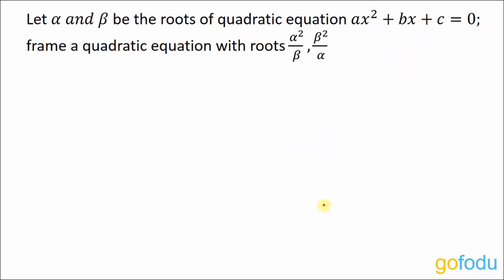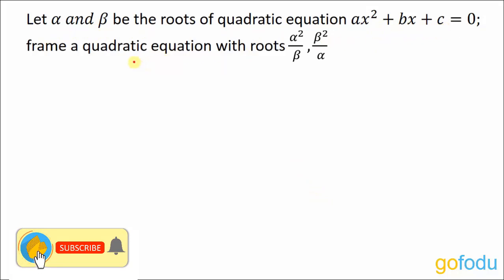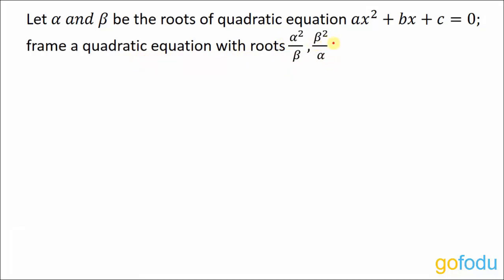Next and last question. So alpha and beta are roots of this quadratic equation, and we have to frame a new quadratic equation with roots alpha square upon beta and beta square upon alpha. So these roots are not of linear format or linear upon linear or 1 upon linear. These roots are of quadratic format. So we cannot go by the shortcut method. We have to go by method number 1, which says if new root p is alpha square upon beta and q is beta square upon alpha, we'll find p plus q and p into q separately, and then we'll frame the new quadratic equation.